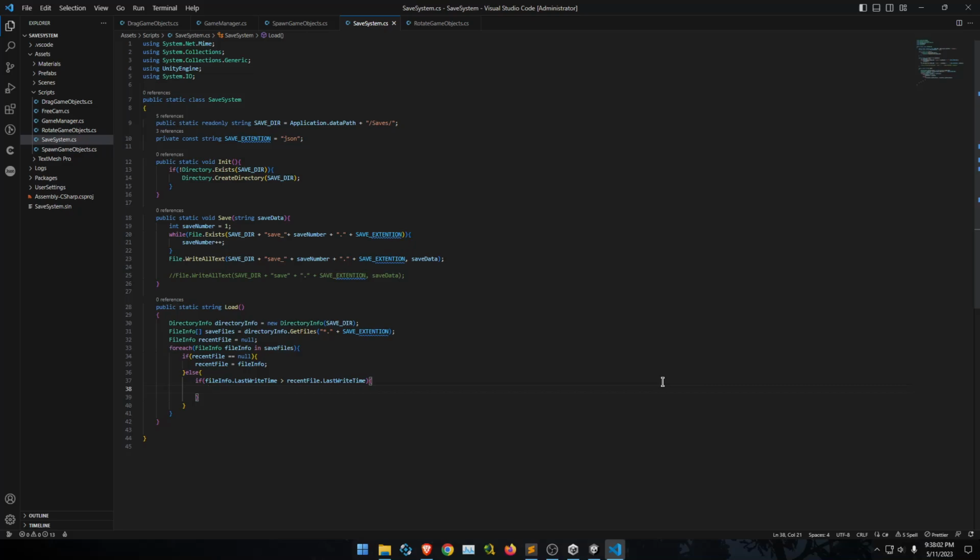And so basically if our last file is greater, so 2 is greater than 3, then we can set recent file equal to file info. So we have taken the file, but we haven't actually read the file. So in order to read the file, what you have to do is get out of this loop and say if recent file is equal to null, then you can throw an error or give something. And if it's